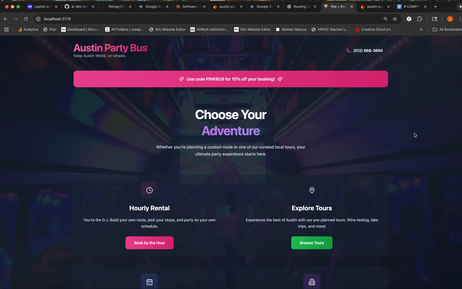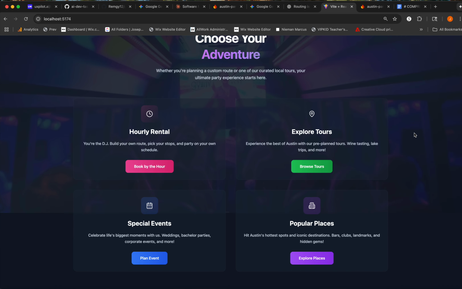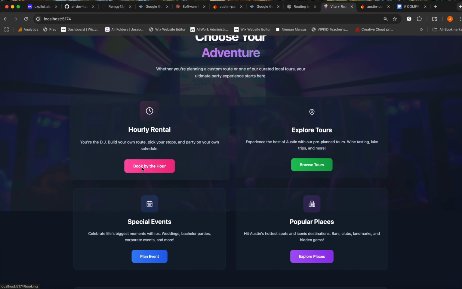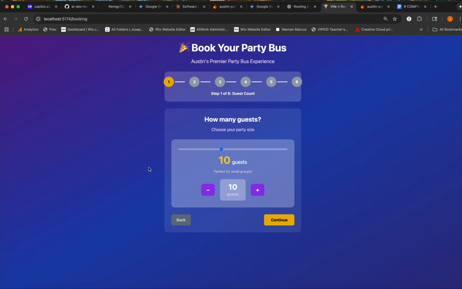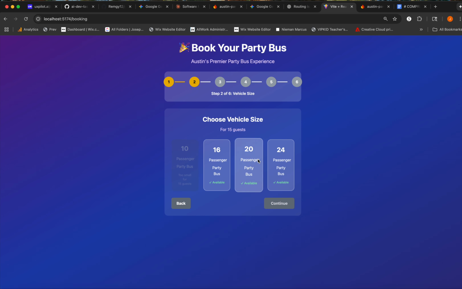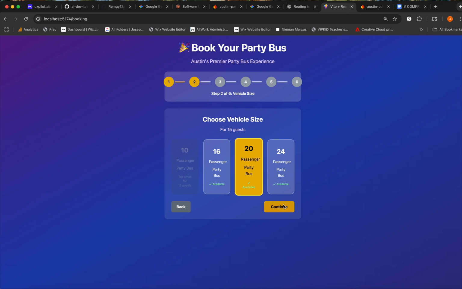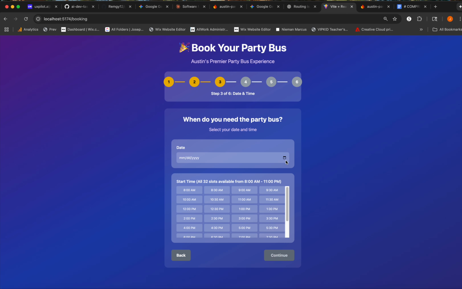Once somebody hits book now, they would come here and they want to do a book by the hour. So they come here, they select the guest. We'll just say 15, hit continue. These are the bus options. So you can pick a 16 or a 20, and we'll just pick a 20. Hit continue, select the date,